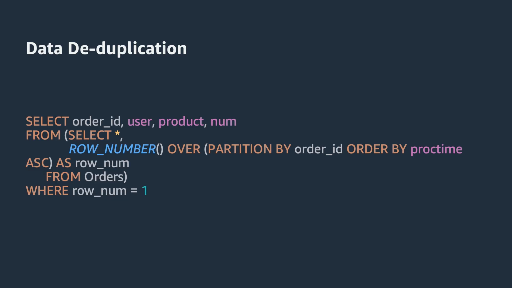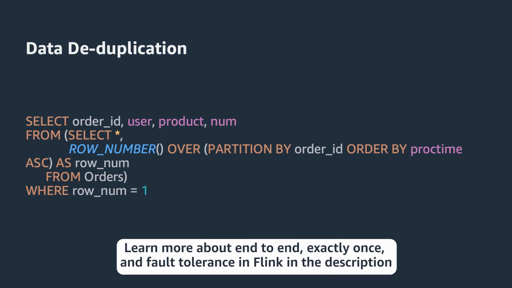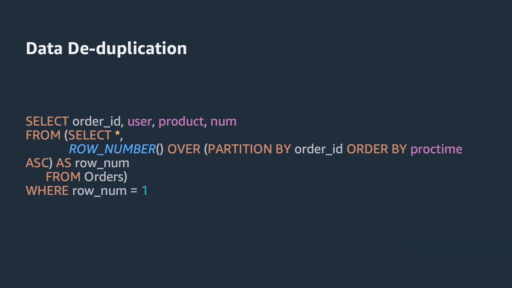Let us understand how you can use the query that you see on the screen for data deduplication. In this query, we are using the row number feature and we are using order ID as a partition key, which is the guarantee for the uniqueness. Once you apply this logic, you can filter the data by row number equal to 1, depending on the latest or the oldest timestamp, which guarantees that you process this record exactly once and you do not accidentally process this twice to produce incorrect results.